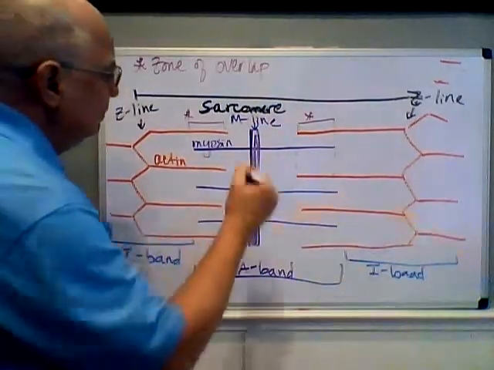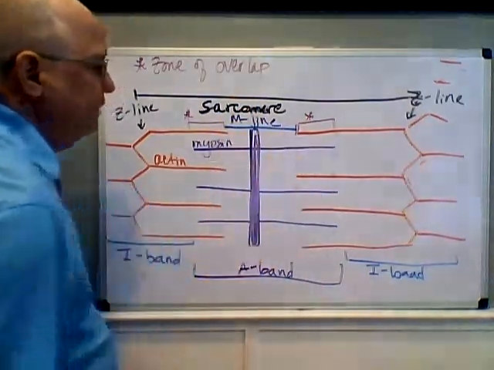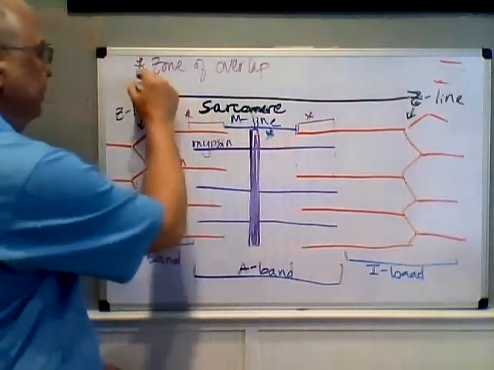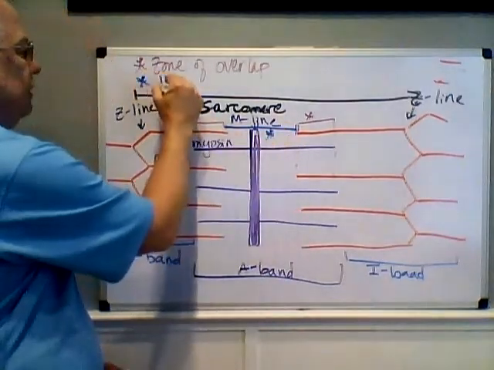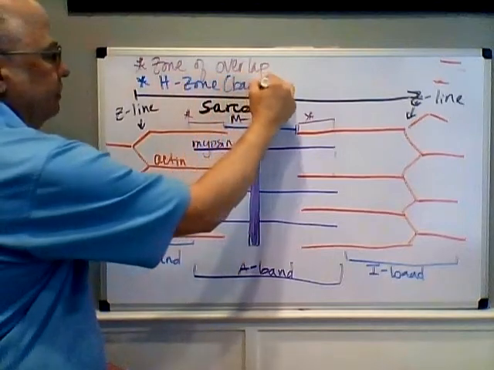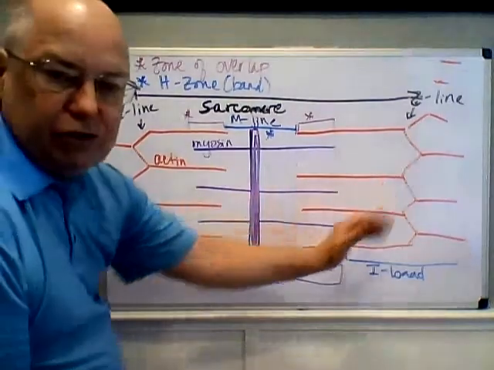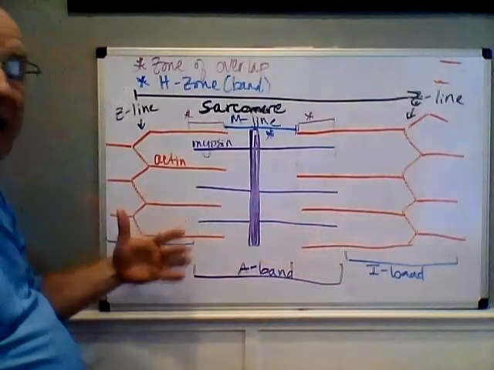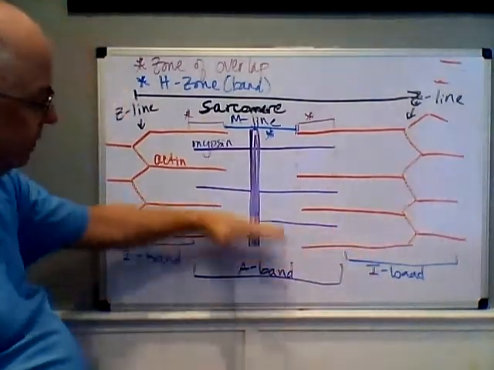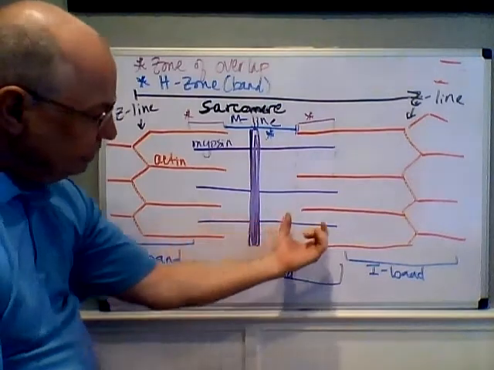And this area that goes from this zone of overlap to this zone of overlap, the area in between, and I'll put a blue asterisk there, that is called the H zone, or some books call it the H band. So I learned it sort of this way. A sarcomere has three bands: I-band, A-band, I-band. The A-band is divided into three zones: zone of overlap, H zone, and a zone of